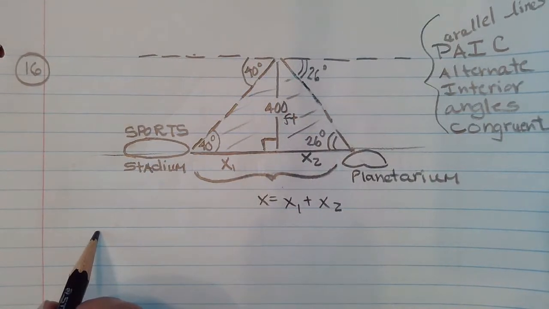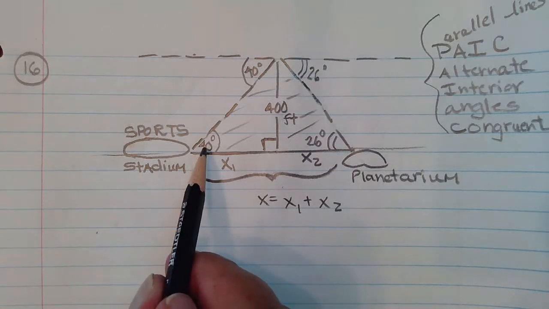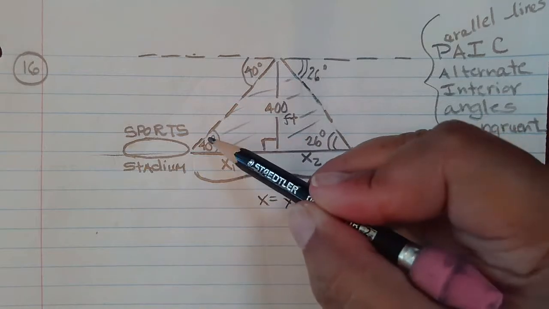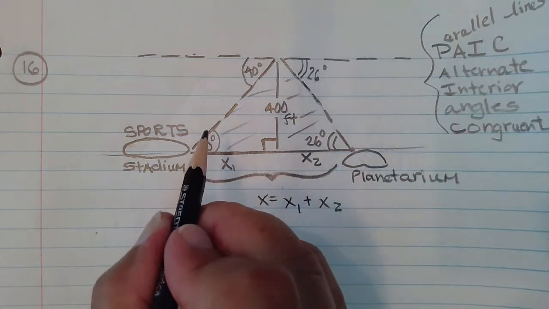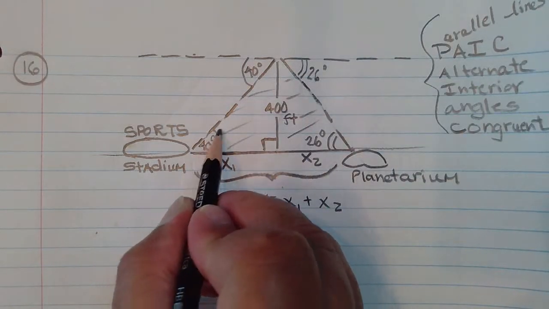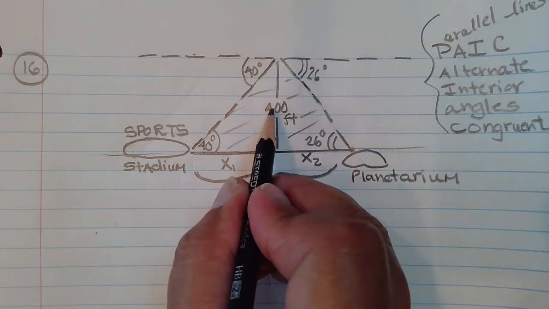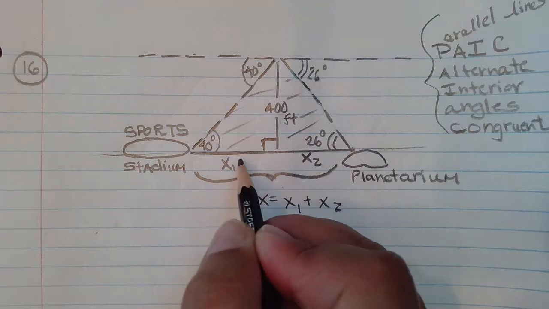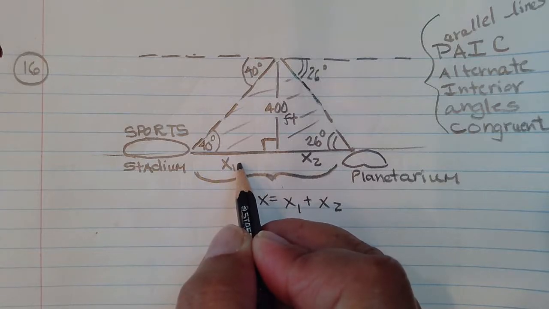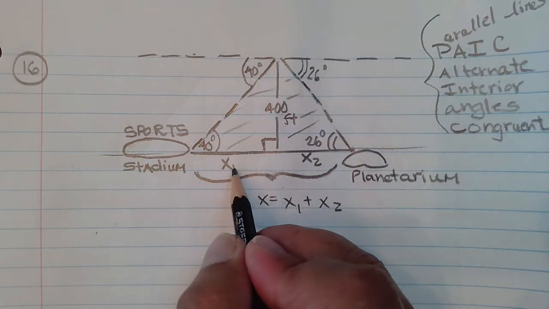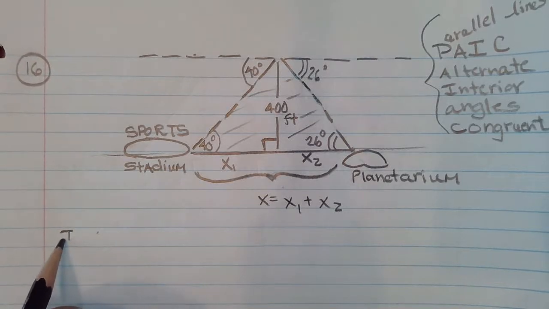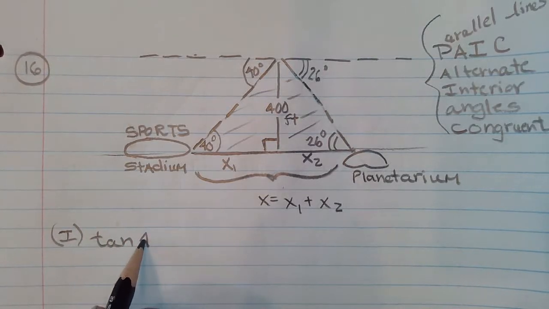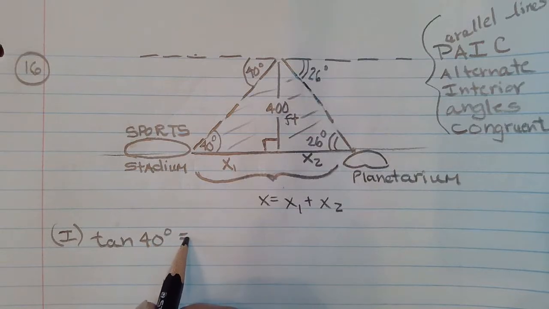So x sub 1, let's see. If I'm standing on the only angle that I'm allowed to stand on, because you're never allowed to stand on the right angles, you have to stand on one of the acute angles. So if I'm standing here and I want to use this one leg that I do have, that would be opposite, and I would like to drag this into the problem so that if it's in my equation, I could actually solve for it. So opposite and adjacent, that's called tangent. So step 1, tangent of 40 is equal to